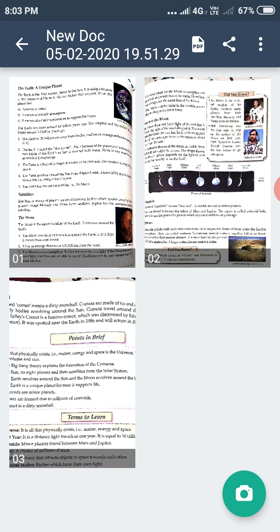I hope everything is clear to you. So students, I will send you the PDF of question answers also. You have to write only the question answers in your register or whatever you have. Don't panic if you don't have books. Don't worry. I have sent you the pictures of the chapter. You can study from these pictures and write the question answers very neatly without spelling mistakes in your registers.